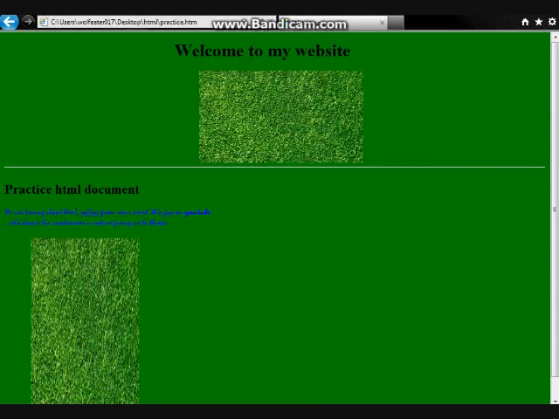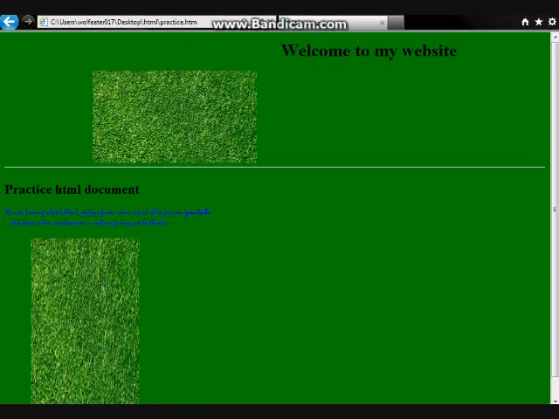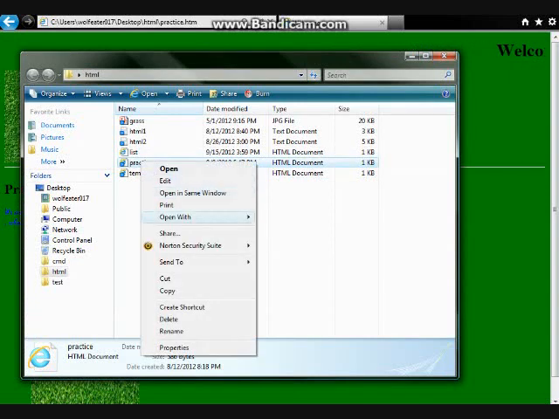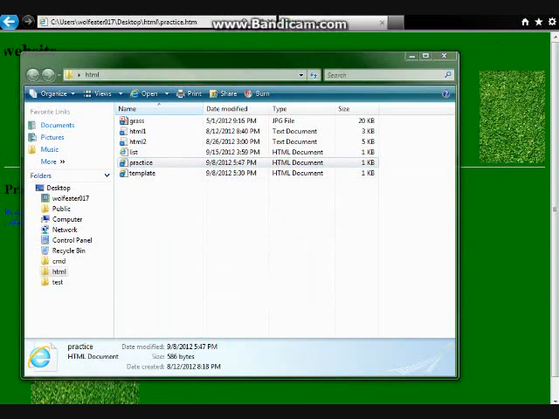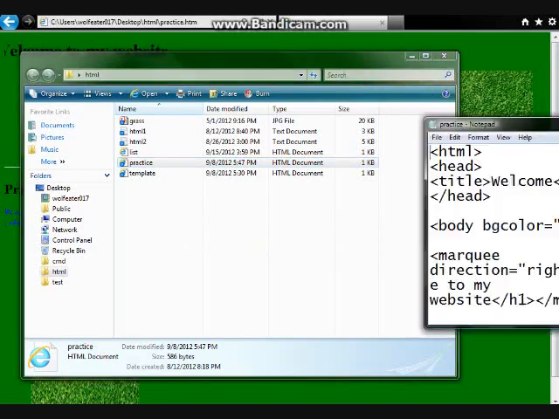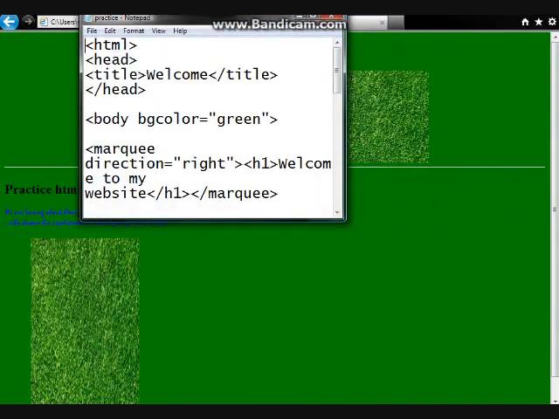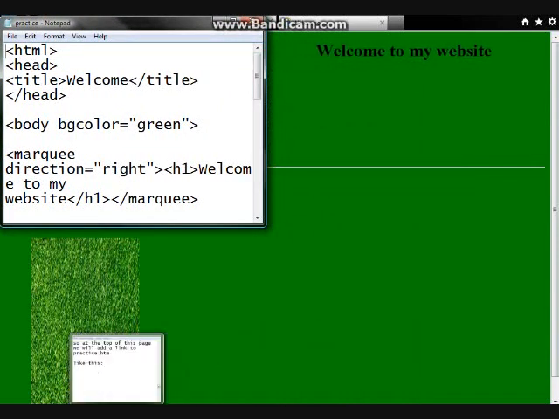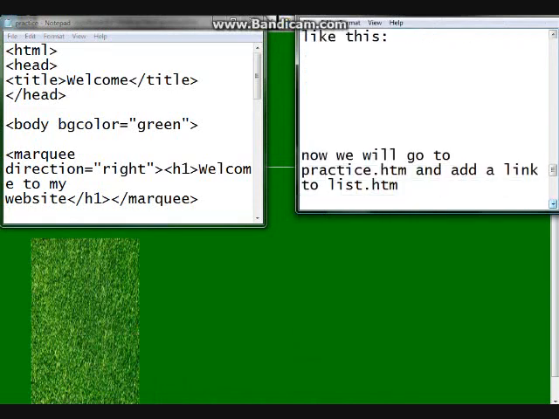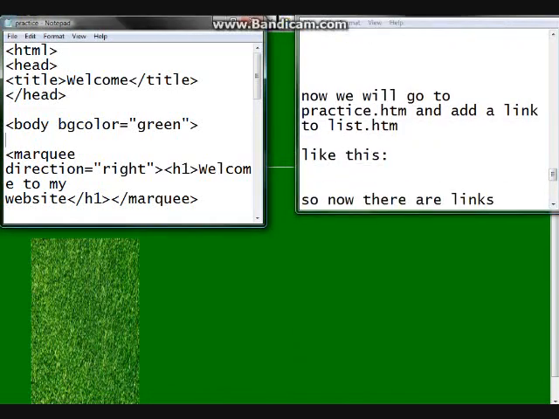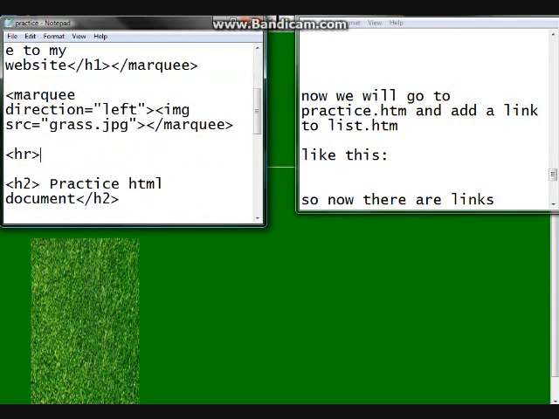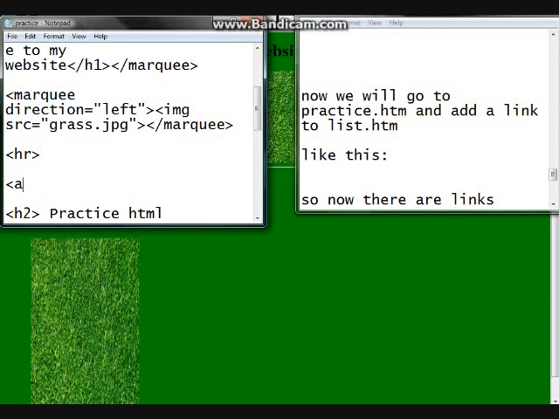So now I need to put a link on this page to take us back, right? So I'm going to open up practice with Notepad. I have dual screens, so sometimes it pops up on the other screen. So there's my script. We're going to put it up at the top, under the horizontal rule. How about that? That'll make it easier to find. We'll do a href,